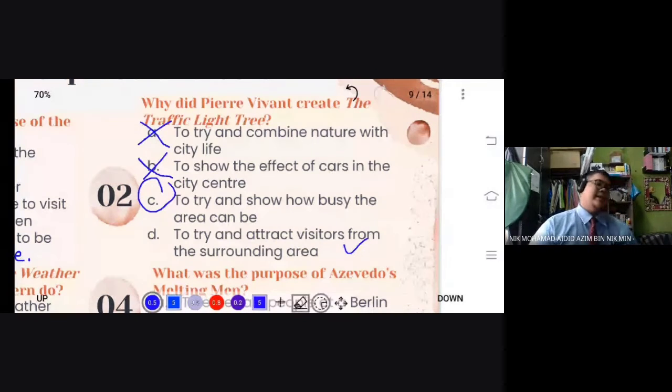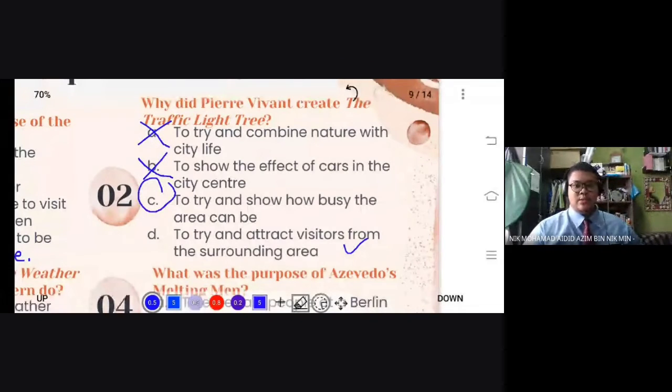So basically, if you see in paragraph 4, the last sentence says, the tree is situated in Canary Wharf, one of London's main financial centres, and its flashing lights are intended to represent the energy and rhythms of the surrounding area.